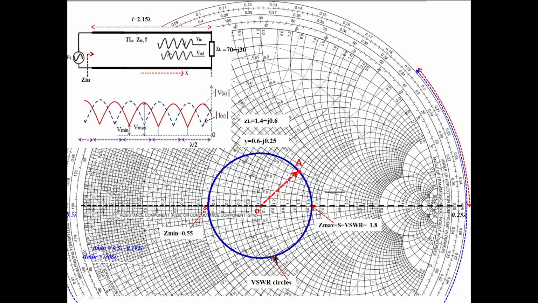Note it crosses the VSWR circle somewhere. Note down the impedance at that particular position. That gives the input impedance. So like that you can find out the impedance at any point. For example, here,